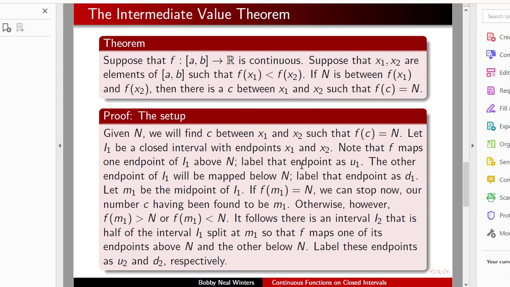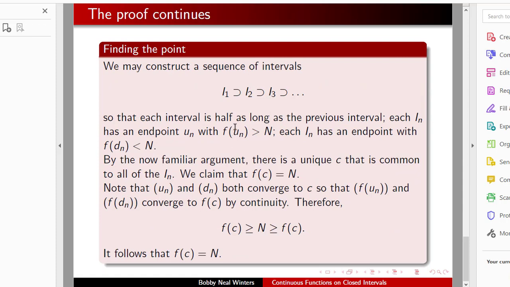Otherwise, what we will usually have is either f of m1 will be bigger than N, or f of m1 will be smaller than N. It follows that there is an interval I2 that is half of the interval I1, split at m1, that maps one of its endpoints above N and the other below. Label these as u2 and d2, up and down respectively. Okay, so we continue in this way, constructing a sequence of intervals that are nested within each other,